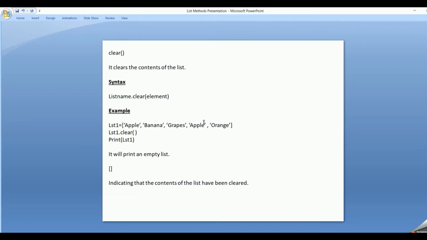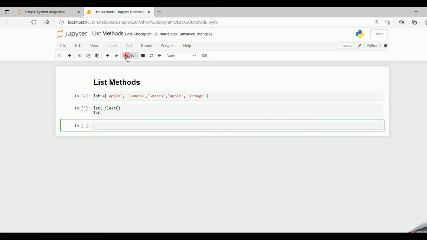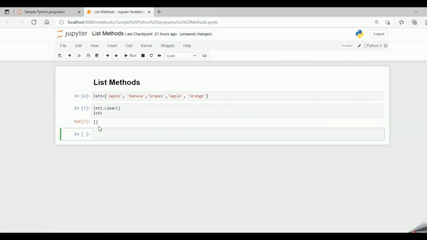Suppose my list is having this value and I say clear the list, and again if I say print my list, it will print an empty list indicating that the contents of the list have been cleared. So if I give lst1.clear and then say lst1, run the code, I get an empty list. The contents of lst1 have been cleared.